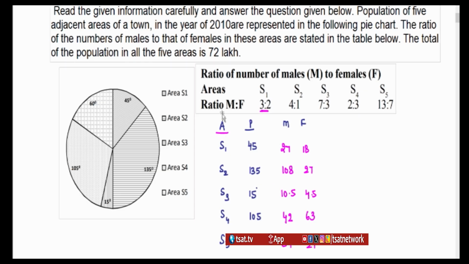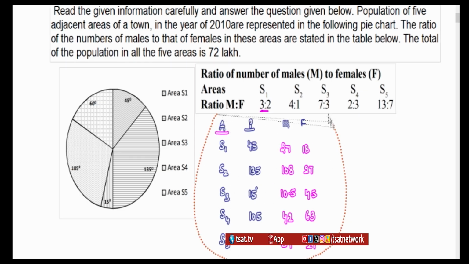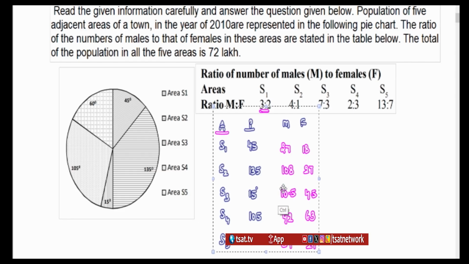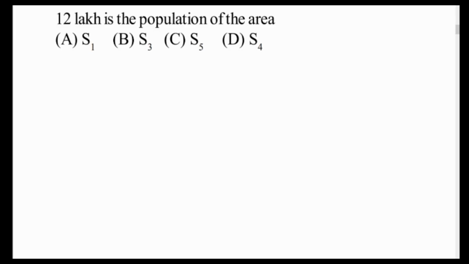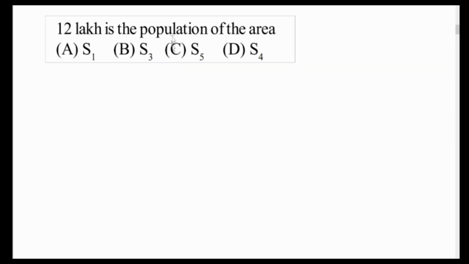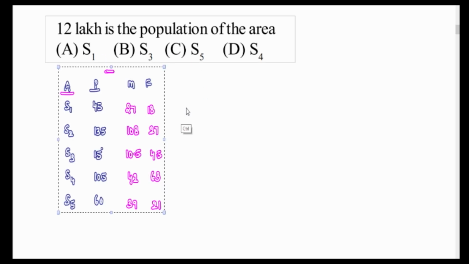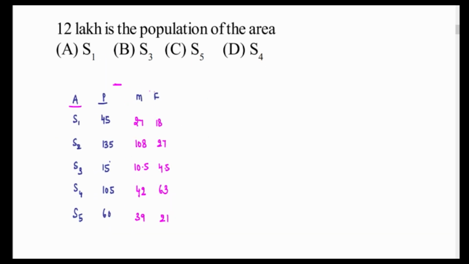Now we got this table. So we don't need the data anymore because we have the table here. So we'll take the table for the following questions. All you need to remember is the population of the 5 areas is 72 lakh. Now look at the question. Here it is asking you: 12 lakh is the population of which area? We know 12 lakh is the population of one of the areas S1, S2, S3, S4, S5. Instead of looking at S1 to S5, what you have to do is take this 12 lakh,